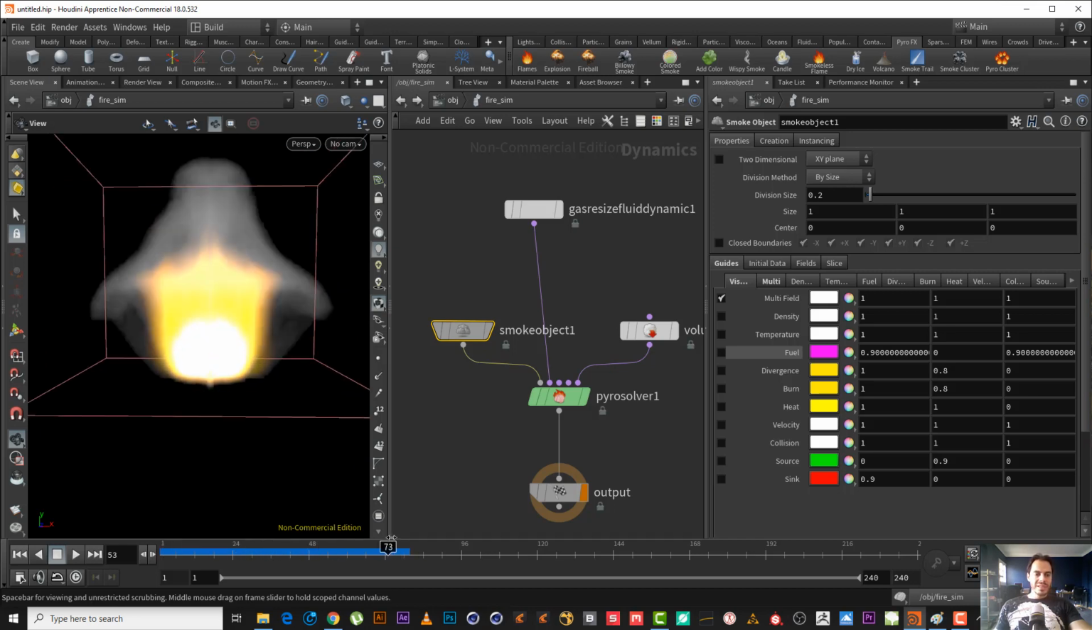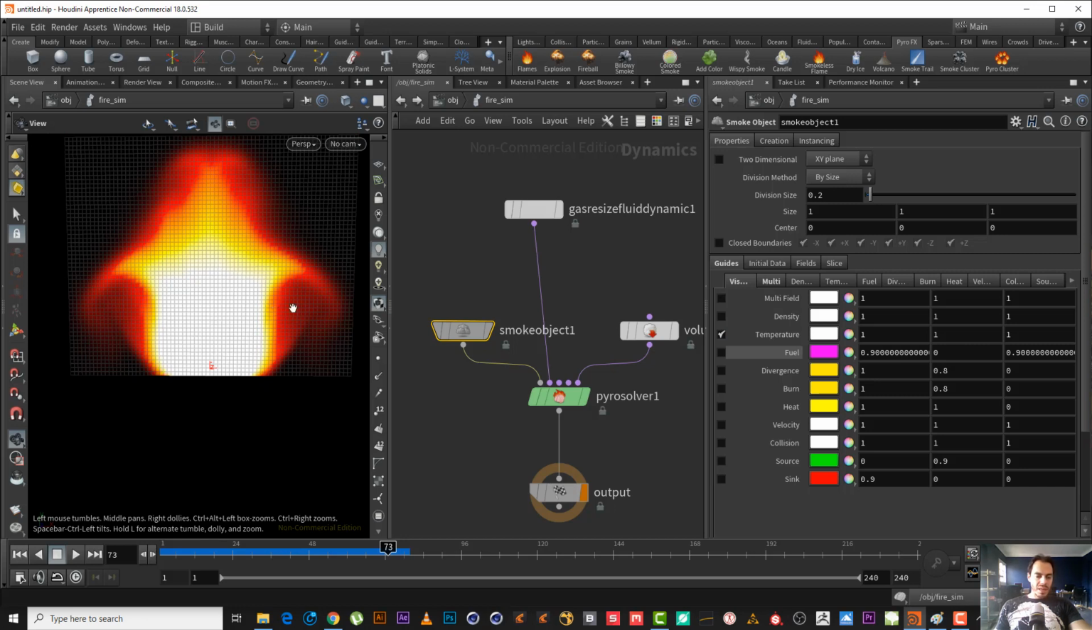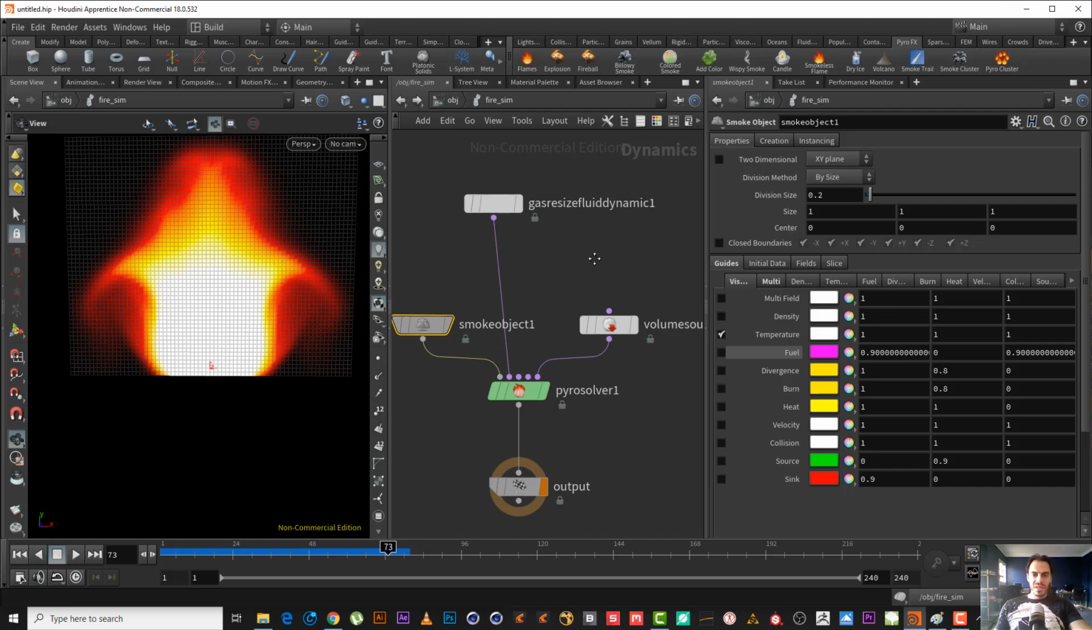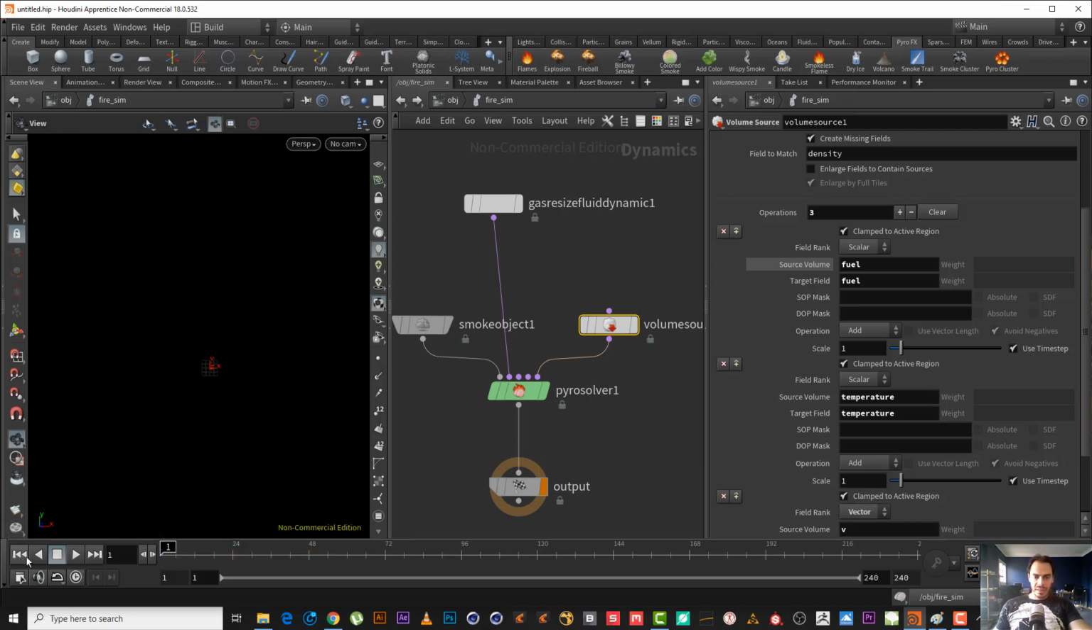Okay, so all this fire now is emitted from the ignition of the fuel. All this fire, not from the sourcing. Not from the sourcing, because we don't have any temperature added. So let's make it 1 again. Okay,